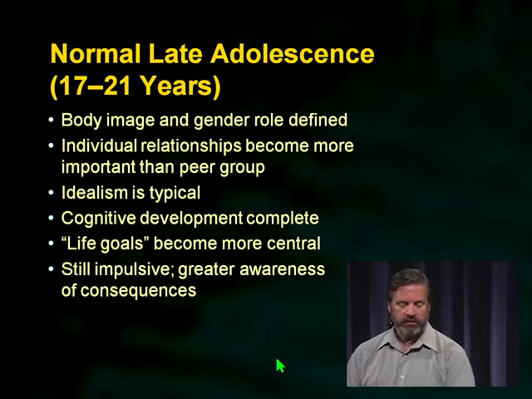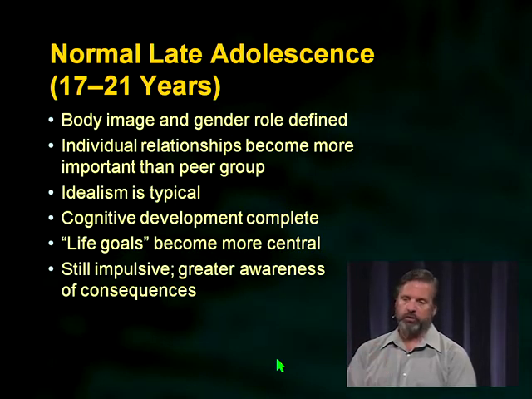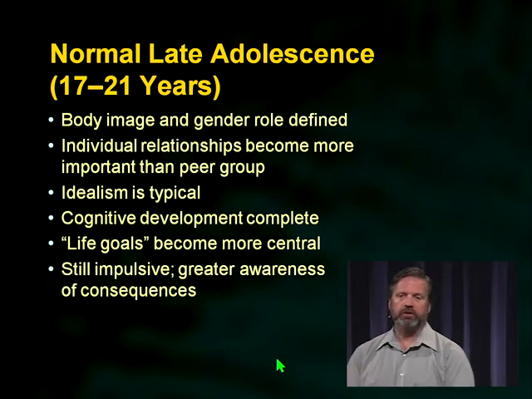In late adolescence, this is where they start to become sort of idealistic. They're starting to shape their gender role and their identity and their feelings about their body image. That's starting to settle down a little bit. Now their individual relationships are starting to gain more importance, especially those with their best friends. So the peer group is still going to have an influence, but now they're moving into the sort of collegiate years where they're focused more on some individual relationships, and they're starting to develop a sense of shaping their life goals.